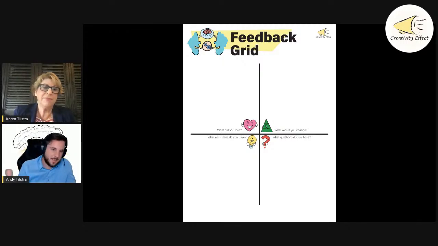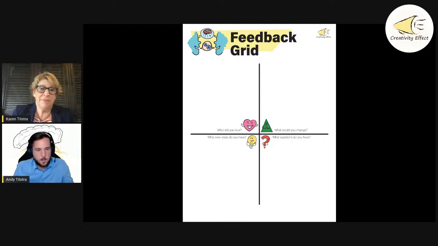You can't even explain everything in probably 2 or 3 hours. So that bottom right quadrant is extremely important because it's what are those very powerful questions that need to be asked to this team to set them to the next level. So the feedback grid is a wonderful tool in creating constructive criticism and constructive feedback in a safe and inclusive